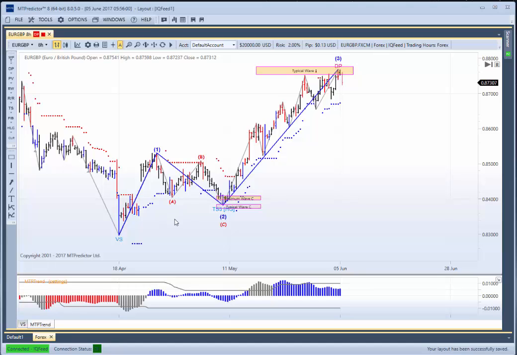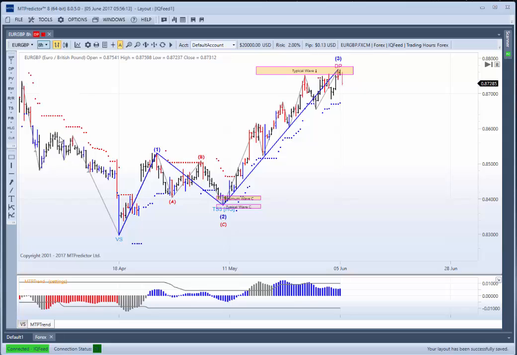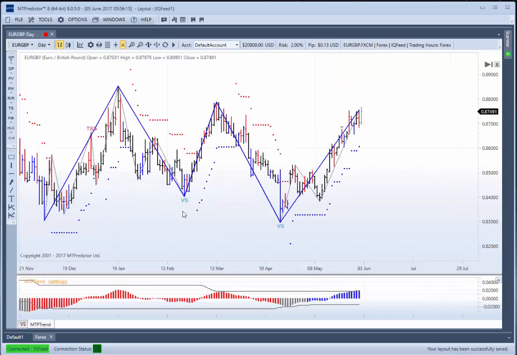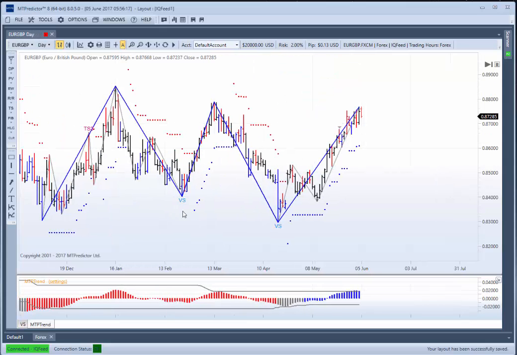The unique thing about MTPredictor is that I use my isolation approach to Elliott wave that I invented all these years ago, in that we are starting our Elliott wave sequence at an important high or low. In other words, what we're doing is using it in isolation. We're not looking to put Elliott wave counts on all the time, because markets go in cycles. Therefore 50% of the time, or maybe even slightly more, markets will be in a confused pattern or not in a clear pattern when you can actually do analysis.